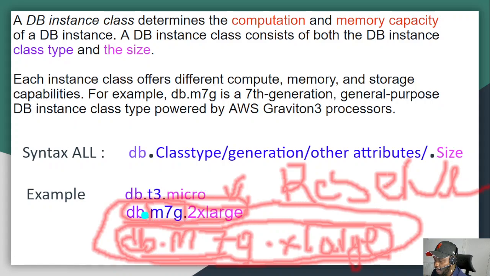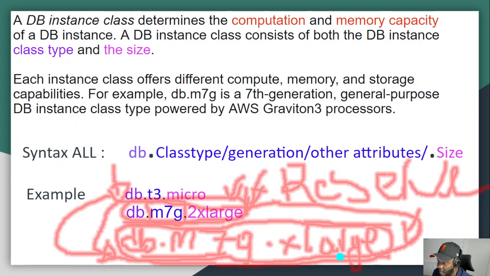is DBM7G 2X large, and something happens, maybe this particular instance is down, right? The discount will be applied to this same RDS instance class without any problem. But the fact is that just half of the discount will cover this, right? But if you have two of these RDS instances with DBM7G X large, if you have two of them, that particular one reserve instance here is going to cover all of